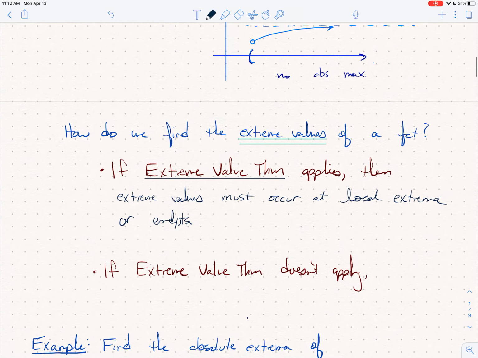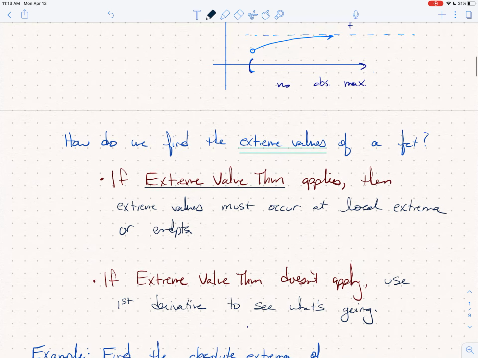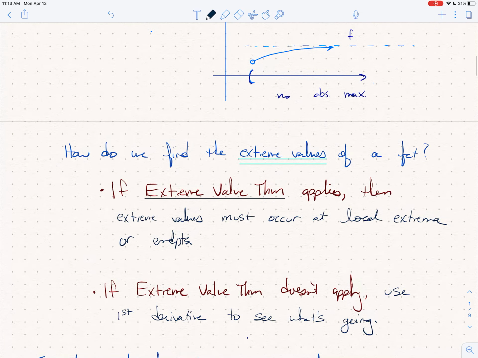What if it doesn't apply? If it doesn't apply, then we're going to use the first derivative, possibly the second derivative as well, depending, to see what's going on. So I'll show you examples of that further on, but I thought we'd start out with an example of using the extreme value theorem. So we'll stop this video here and then we'll